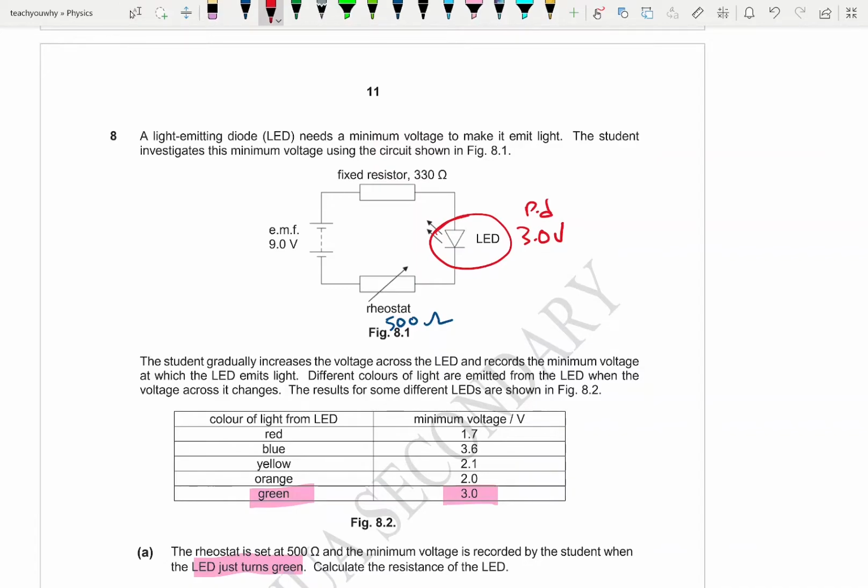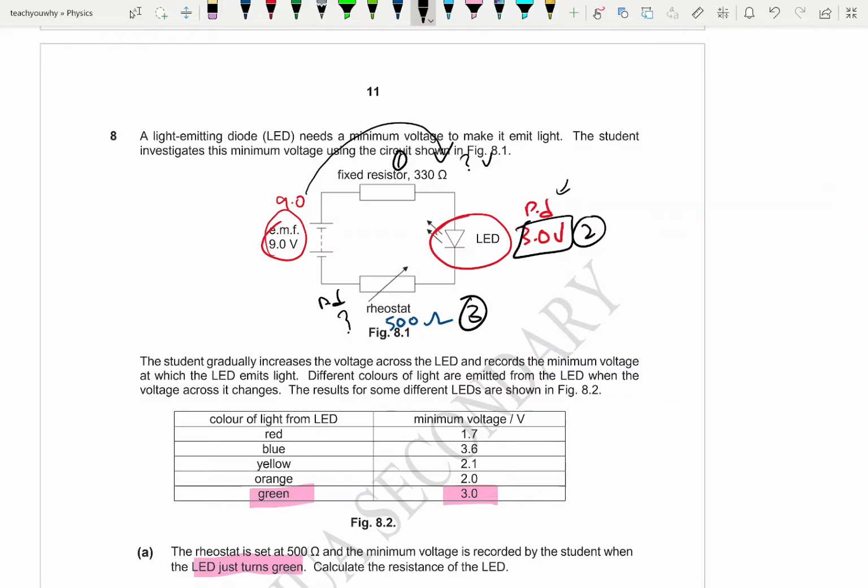So whenever we have an EMF, okay, so you have 9 volts. Now, as the charge passes through different resistance, so in this case we have resistance number 1, 2, and 3. Every time it passes through a resistance, there will be a potential drop. In this case we don't know what the potential drop is, but we know that the potential drop across the LED is 3.0,